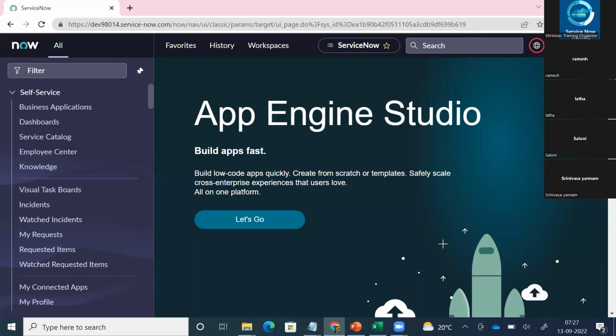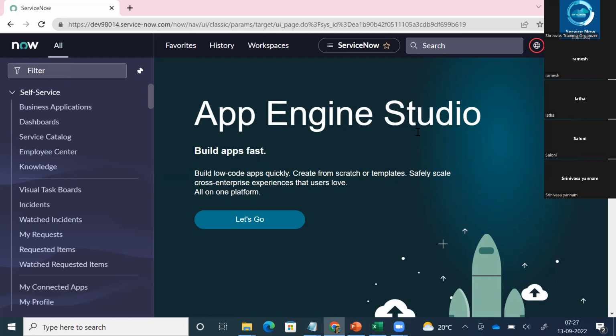How does the tool look? As you can see on my screen, this is how the tool looks. Your company may want to change the look and feel of the tool. For example, right now it's showing the ServiceNow company's logo here. Obviously my company would want to change the logo to my company's. So things like that can be done. The overall UI can be changed. The look and feel can be changed if the organization opts for that.